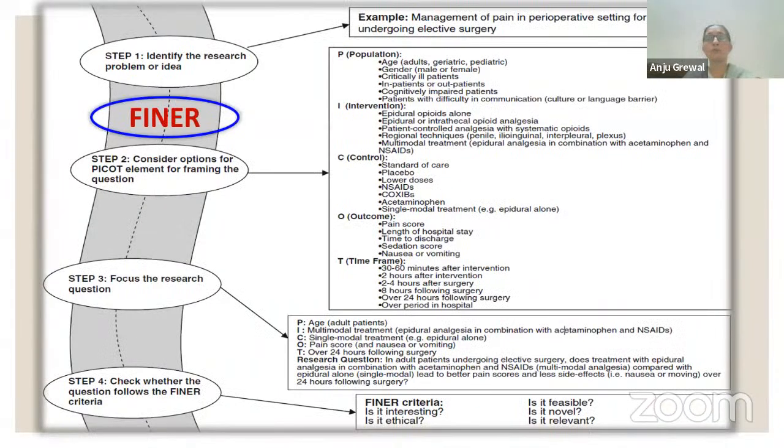So just to take you down the roadmap, as I said, we first identify our idea or a research question. We then put them through a filter. Now the filter here is something called the FINER criteria. Is it interesting? Is it ethical? Is it feasible? So F is for feasible, I is interesting, N is novel, E is ethical, and R is relevant. Very, very important points. In your particular setting, do these filters work? Does this research idea go through this filter and address these criteria?